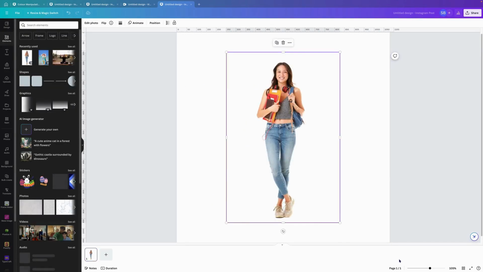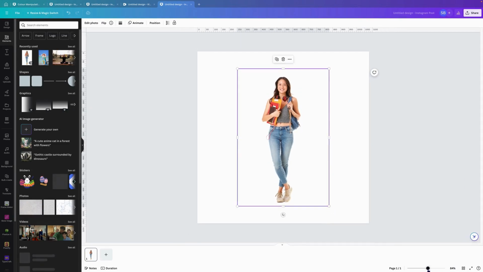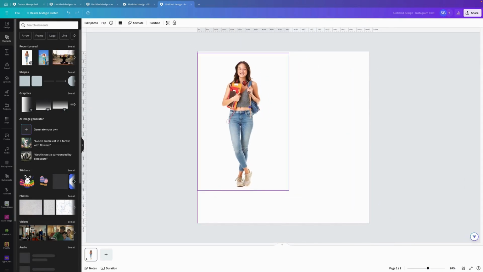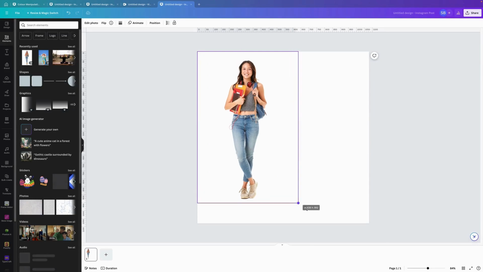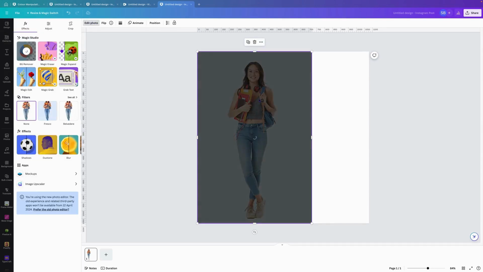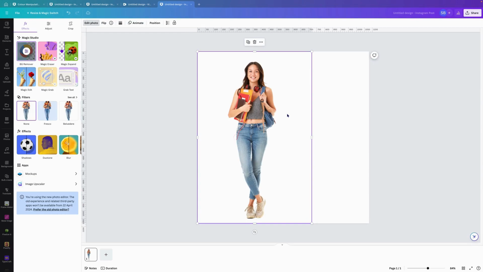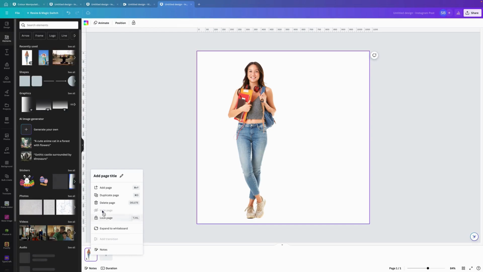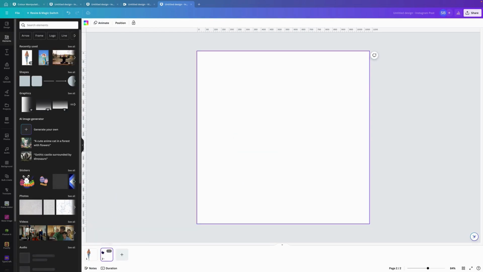As a bit of a bonus to this tutorial, I'm going to show you some of the wonderful features of this part of the Canva palette. So what I'm going to do is import a photo. I'll go to Photo, Edit Photo, and I'm going to go to Background Remover to remove the background. And then what I'm going to do is duplicate this page here,